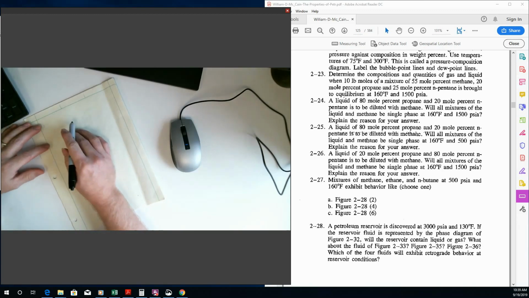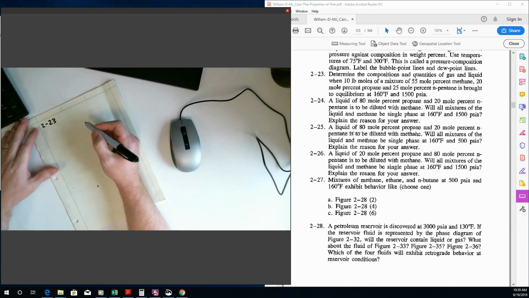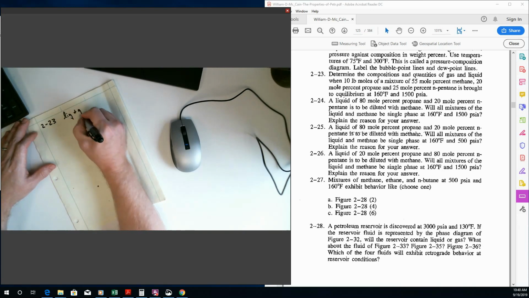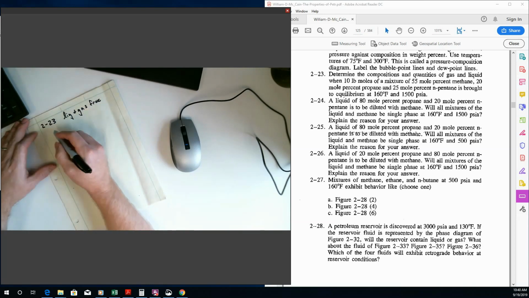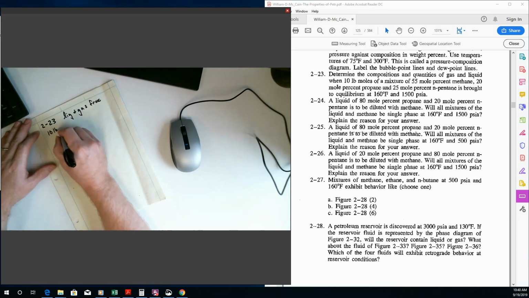All right, let's take a look at another problem here. Let's do 2-23. So this is one that uses the ternary diagram. So we're looking to try to find the liquid and gas fractions of a mixture, and the mixture is, let's see, we got 10 pound moles of a mixture that